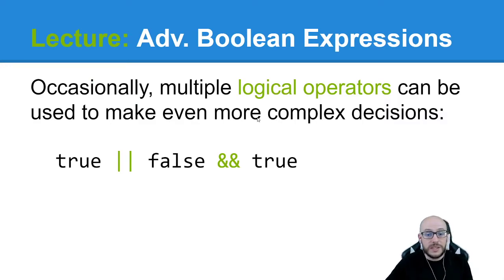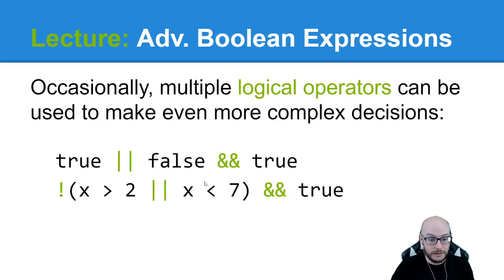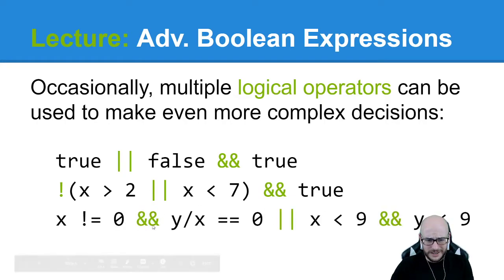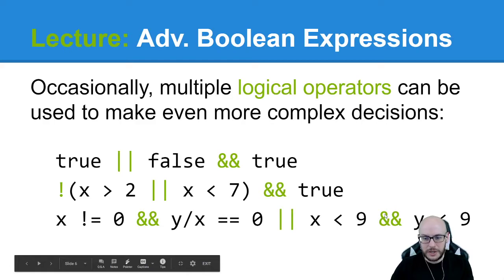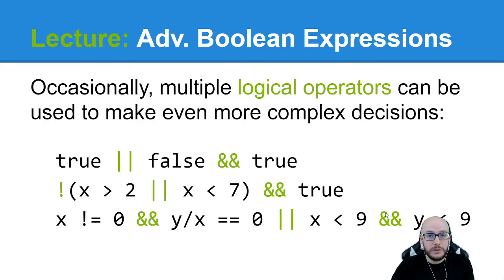The thing is, you can chain those together indefinitely. Right here, I'm using multiple logical operators in order to create a more complex decision. This could keep going. Right here it is. I'm using relational operators in combination with this, and we see the not logical operator. But here, I've got three logical operators involved in this expression. You can use these to your heart's content. Whatever the decision needs to be, you can keep chaining these things together to make more and more and more